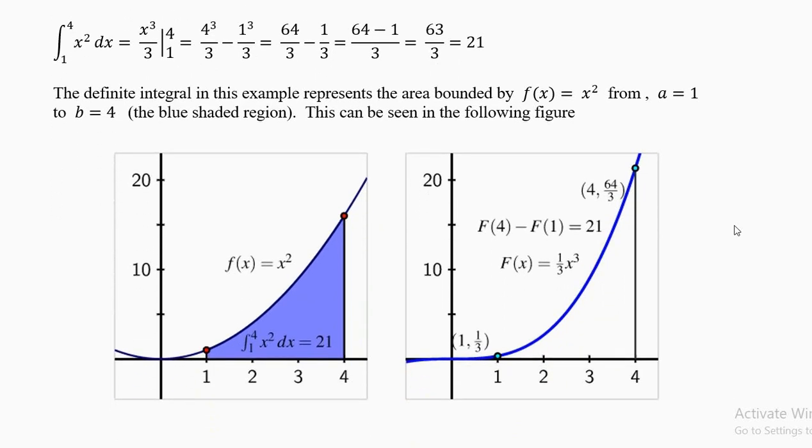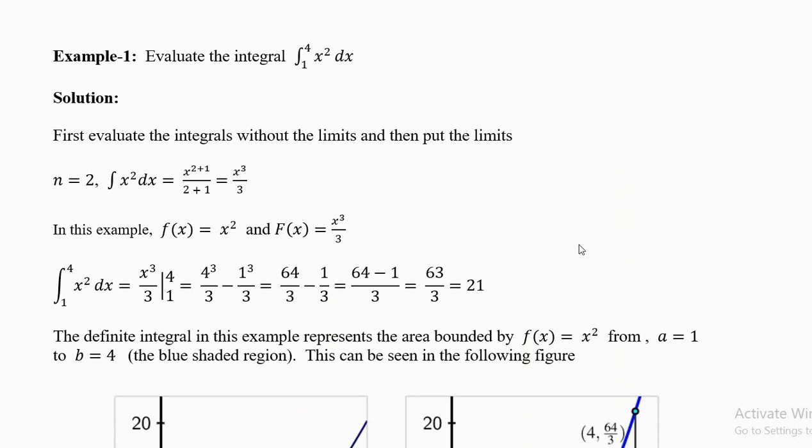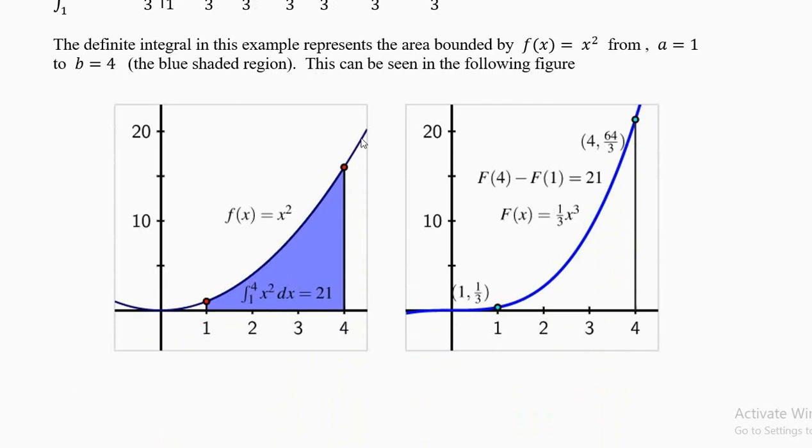Now, in the beginning of calculus 2, we had discussed that calculus 1 is mostly about differentiation, and differentiation means the derivative means slopes. And what about integrations? Integrals means areas and volumes. Now this is an example of an area. Small f is x square. This is your function, the curve going here, and this blue shaded thing is your area. From 1 to 4, x square dx is equal to 21. If you integrate from 1 to 4, you'll get this number 21, which is the area between the curve and the x-axis.